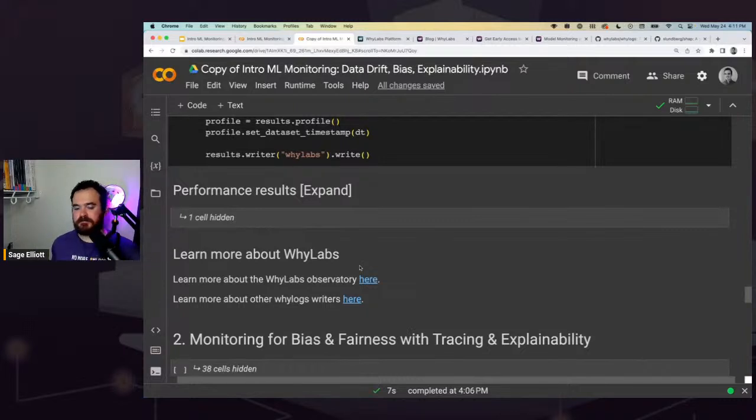Have you ever used any method of looking at data drift or data quality issues before? I know for me and other companies, there's a lot of manual tests people might do, or you manually go look at a camera or something like that to make sure your data isn't having some sort of quality issue. But this really saves you hopefully a lot of time and stress from thinking about it. Also, depending on your application, if your model goes down or is doing bad predictions for a while, that can be incredibly costly. Or hopefully you're not doing something where there's some sort of human life involved or anything like that.